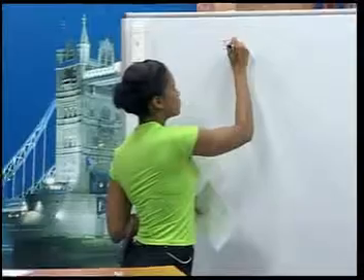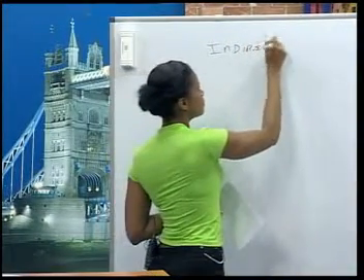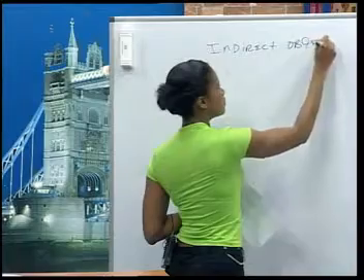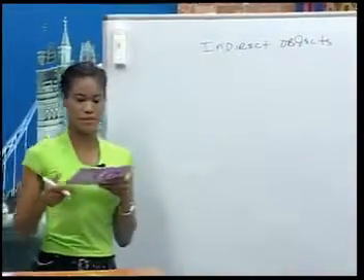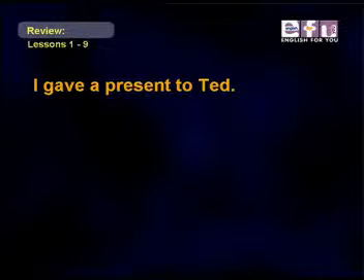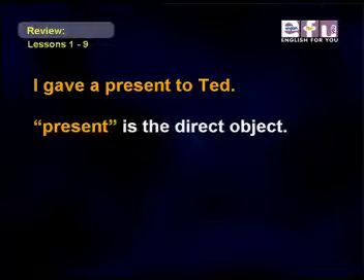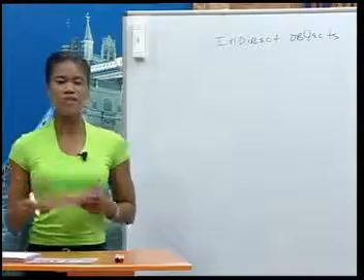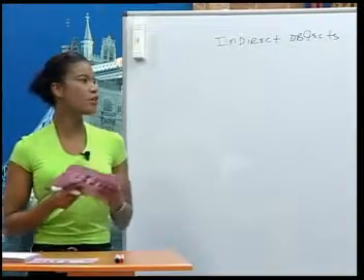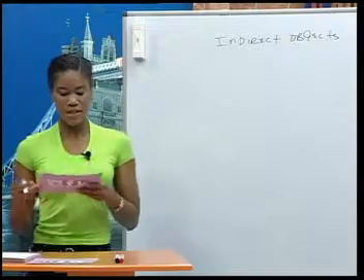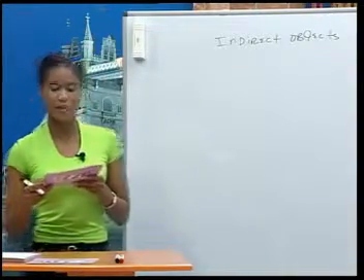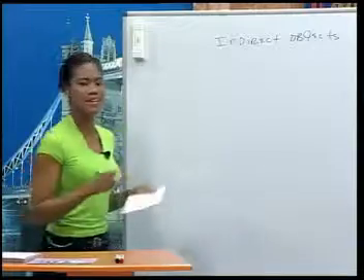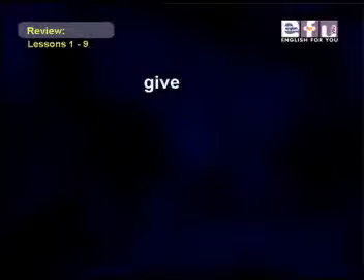Now we're ready to review indirect objects. First, let's look at some examples. I gave a present to Ted. Now in this sentence, present is the direct object and Ted is the indirect object. An indirect object answers the question, whom or what? Some examples of verbs followed by indirect objects introduced by to are give,